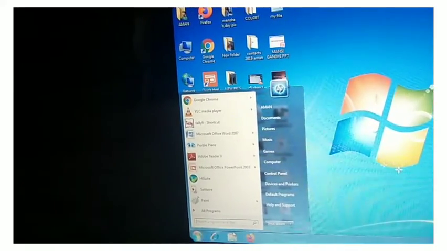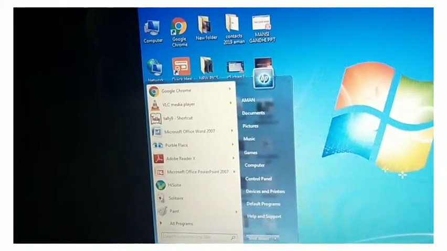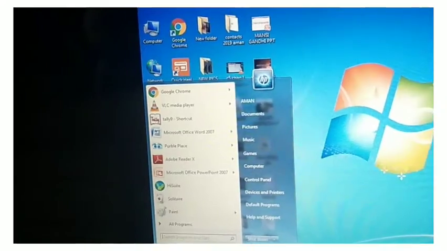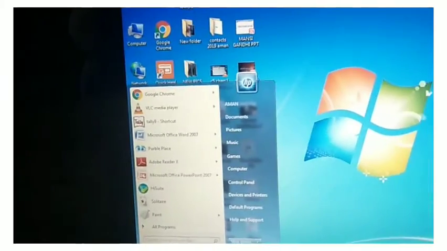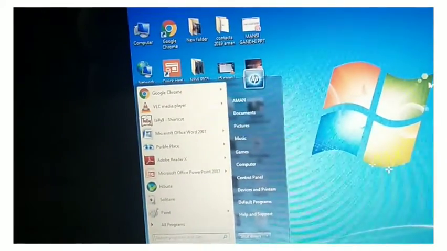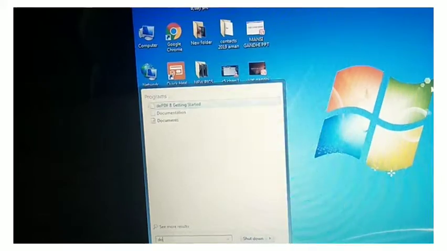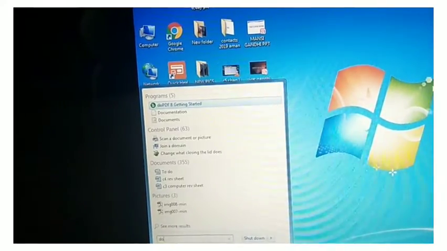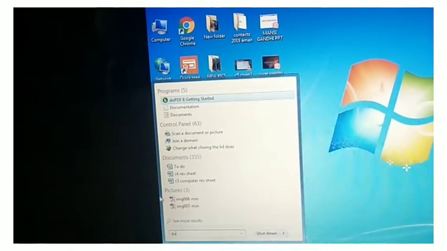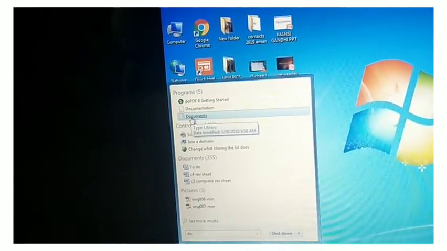Here you put any name, any file's name. See, I'm just doing this. If you put any file's name, it will appear here. Like suppose I want to search a file of, suppose you can say any document. See, the document has appeared over here. Whatever name you put over here, by whichever name the file will appear.